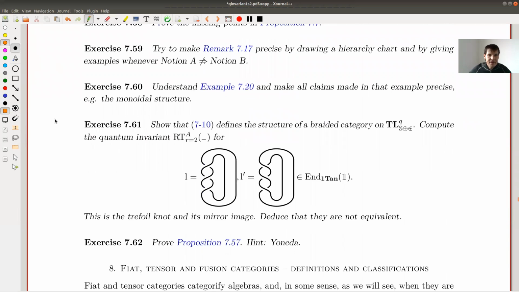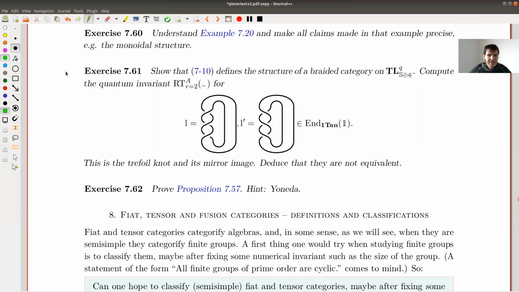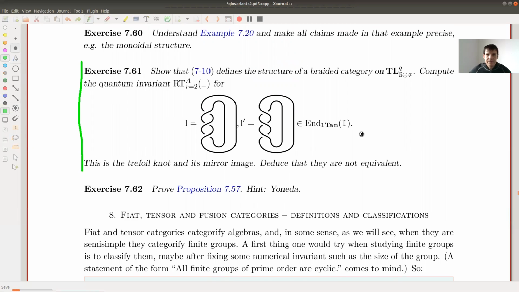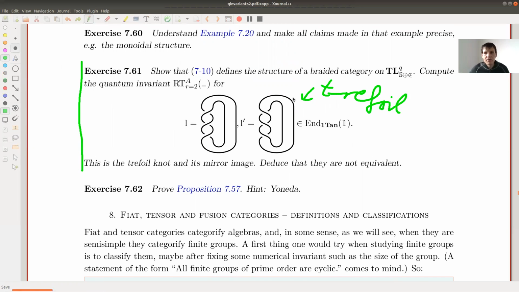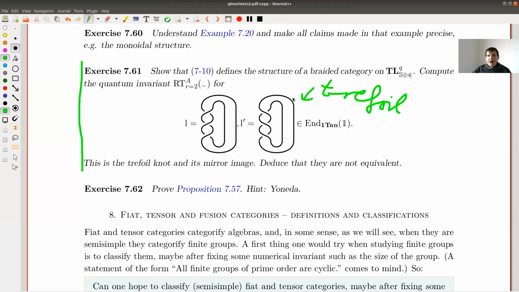Anyway, I would really like you to do this example. This is great. So calculate those link invariants. In this case, this is a trefoil. How do you spell trefoil? You spell trefoil like this, trefoil. And try to compute it in Temperley-Lieb or in Brauer or whatever, for those two versions of the trefoil, the left-handed and the right-handed trefoil. So these are two versions of the trefoil.